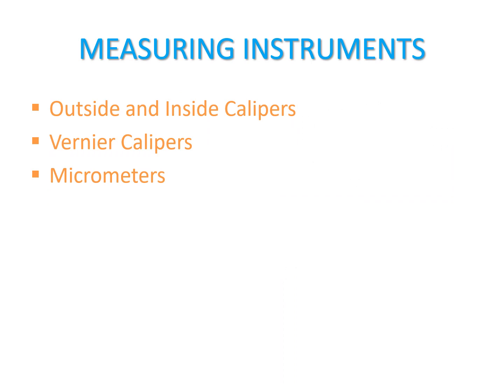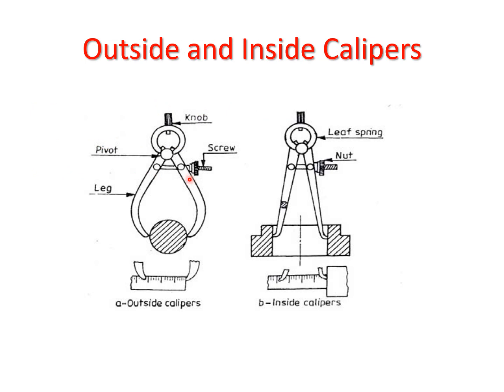While working on a lathe machine, these are some instruments used for taking dimensions. You have already used these instruments in your workshop. These are outside and inside calipers, vernier caliper, and micrometers. Outside caliper is used to take the external diameter of round or similarly circular objects. With the help of this screw, you can adjust the dimension of the caliper and then match it with the proper scale for taking the dimension of the workpiece.